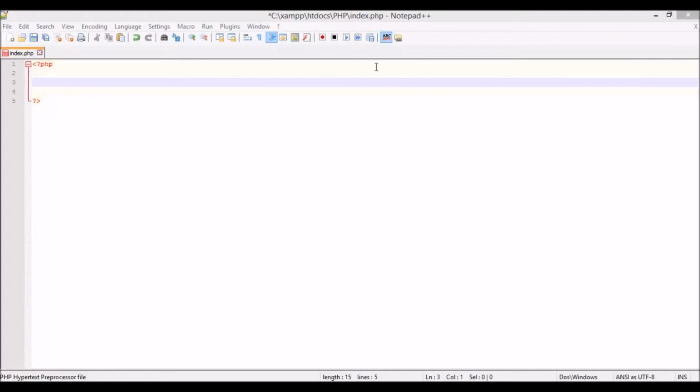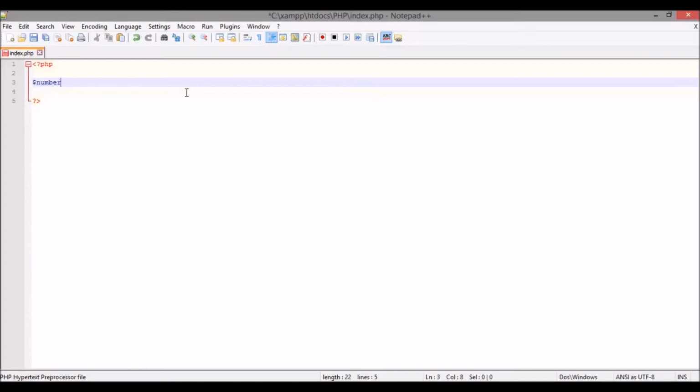To start off with, I'm just going to do this simple. In the tutorial we did before, I showed you how to do variables, so we're just going to use the number variable here and run an if-else statement depending on what the number is. So the first thing we're going to do is open up our index.php page again. Once again, it's under C, examp, htdocs, the PHP folder we made, and when we go to that directory, this is what we get. So what we'll do is open up the file and